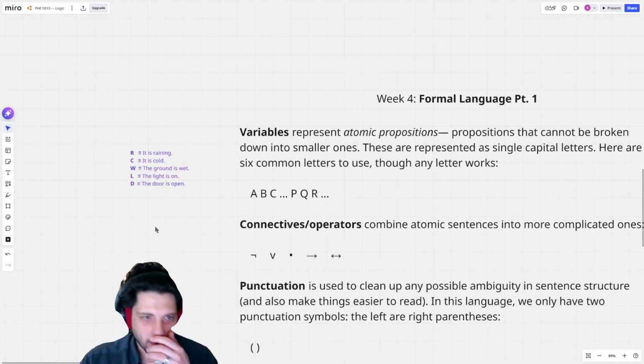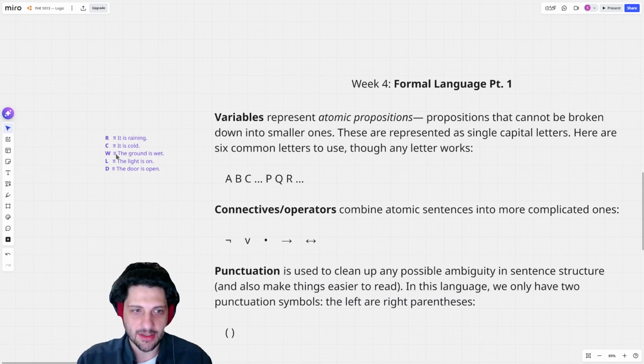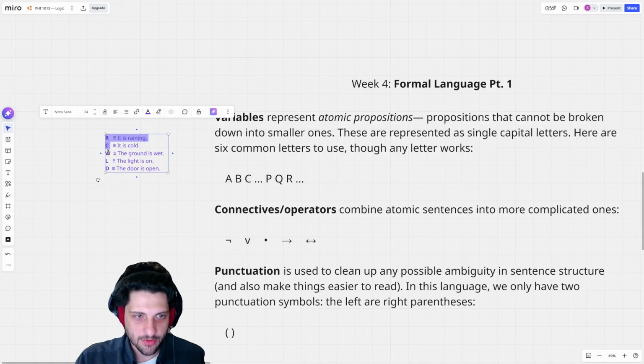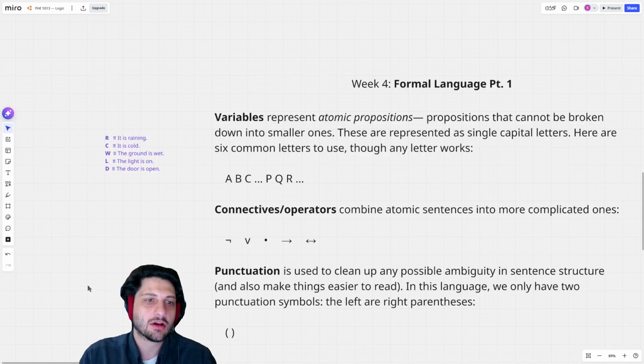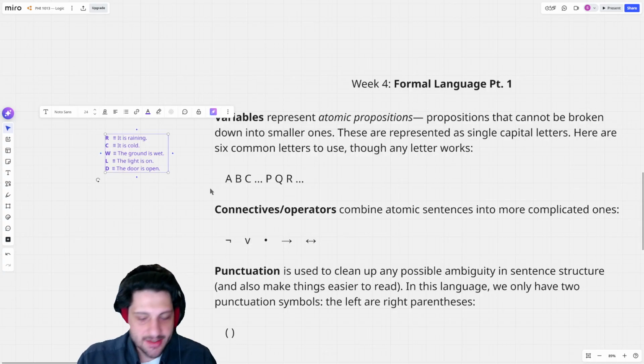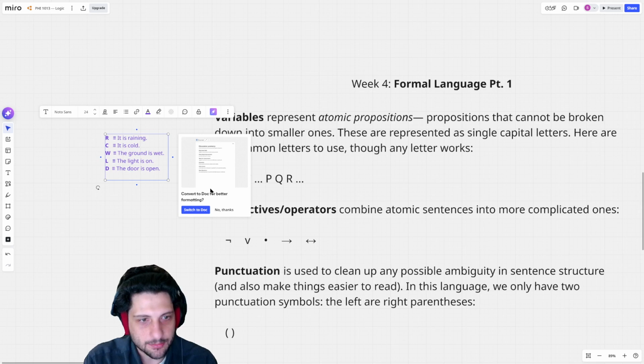So what we want to do is think about all of our statements. We're going to represent each of those with just a single letter. So anytime we want to talk about a particular statement, that's totally fair to do. We just need to assign it a letter so that we know we're clear about it, right? So if I wanted to add to this a statement like, the door is closed,